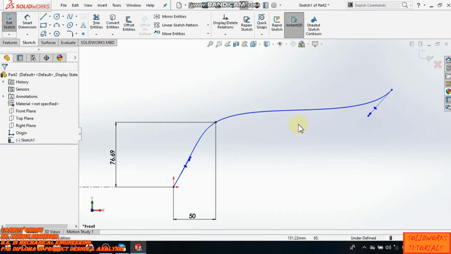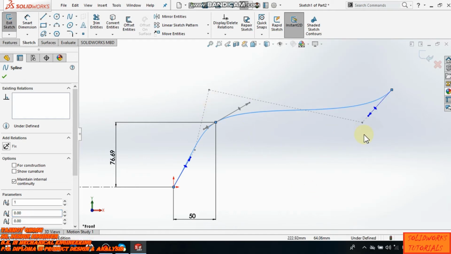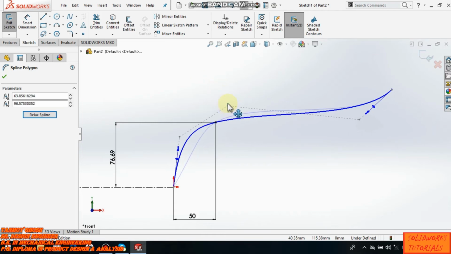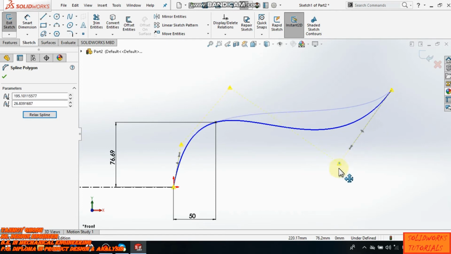Next option is display control polygon. If you want to control your curve with further polygon vertices, you can use this option. It will give you additional points to control the curve. You can control the curvature with the help of these yellow arrows.